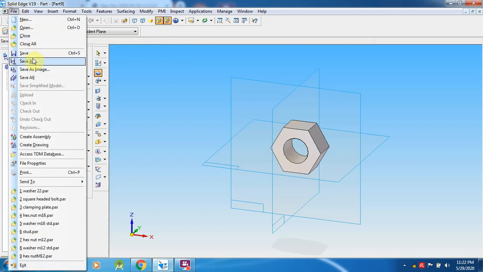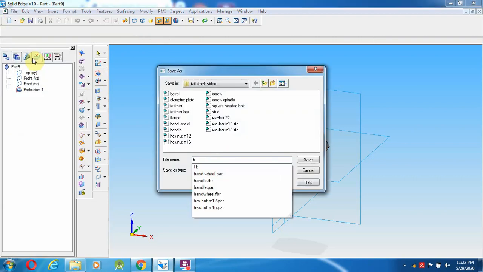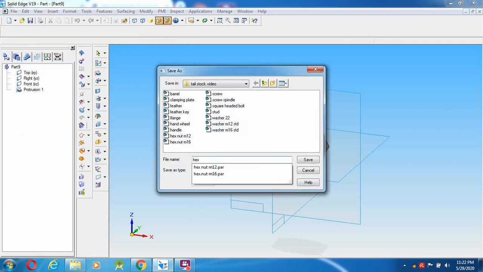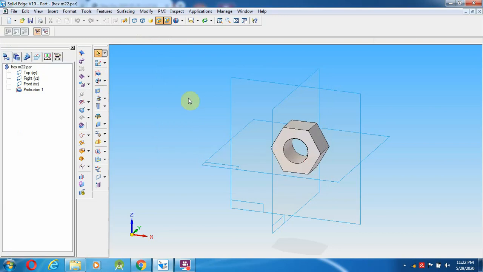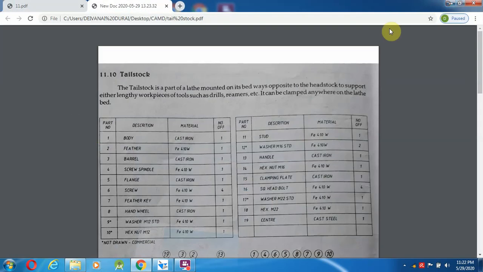So this is saved as HEX M22. So after saving this, we can